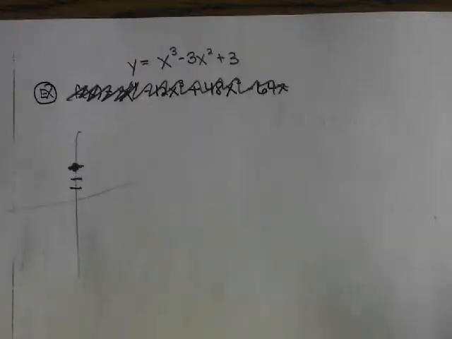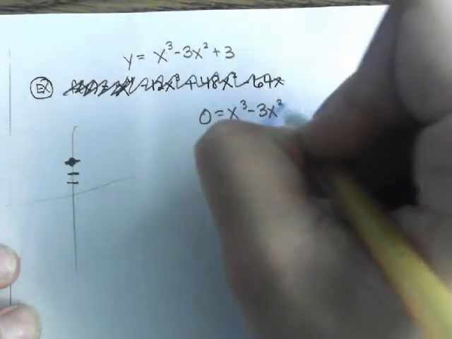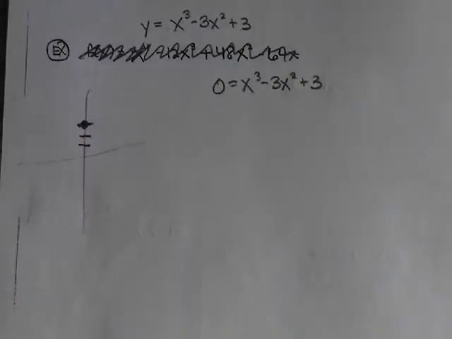Does anybody know your x-intercepts here? Because this is not factorable, right? The next thing I would probably look for, there's no asymptotes, would be relative max and mins. So if I were to find the first derivative,